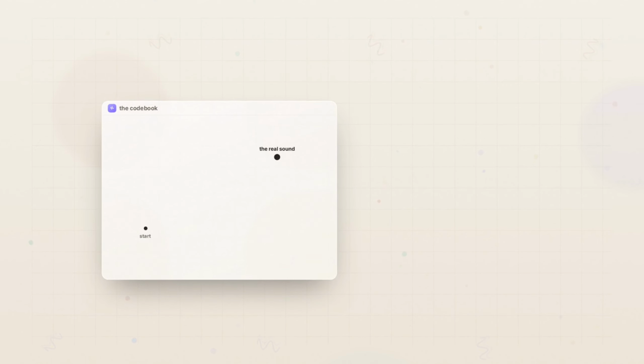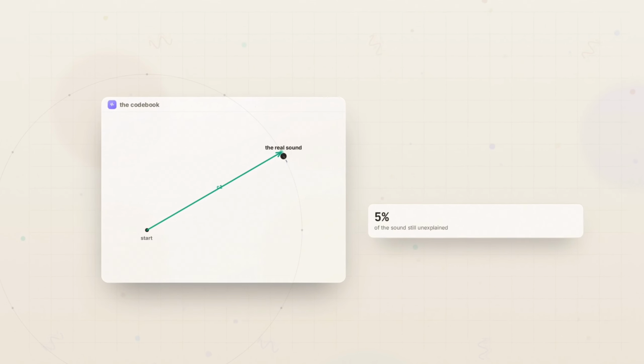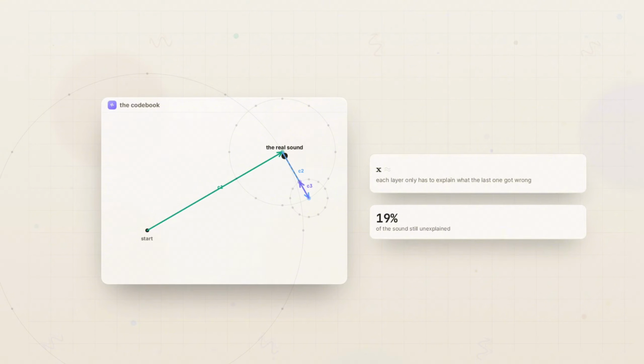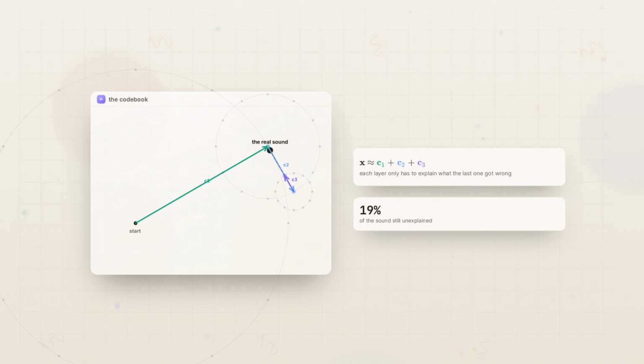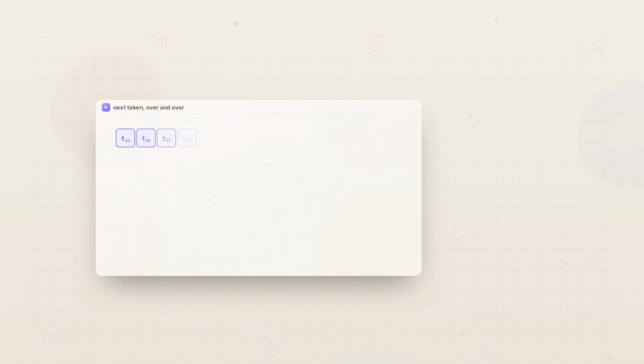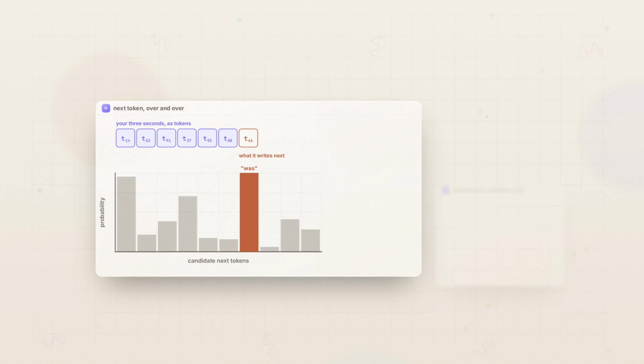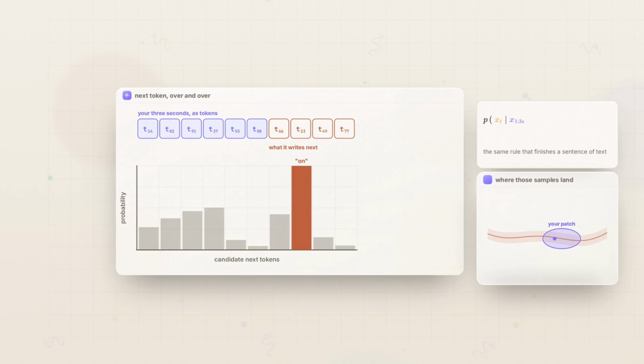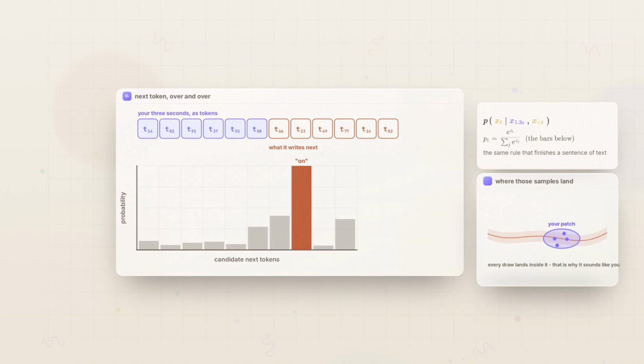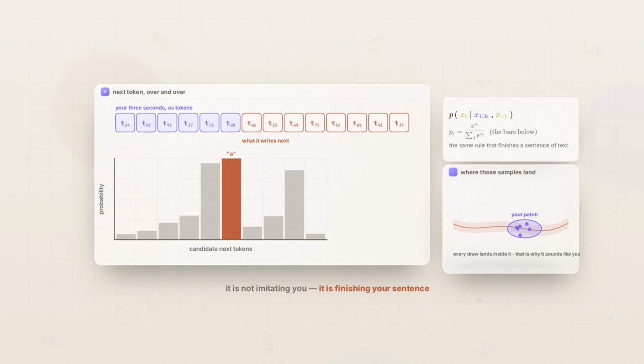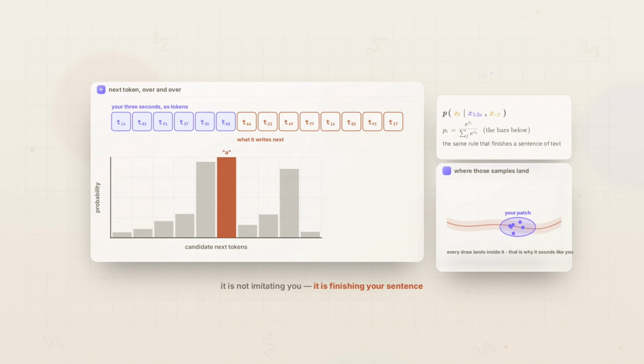Since about 2023, there's a new trick. Chop the audio into discrete chunks from a fixed codebook, snap to the nearest one, then describe what you missed. Then describe what you still missed, and after 3 passes, there's almost nothing left over, which turns audio into a language. So cloning becomes autocomplete. Paste 3 seconds at the front and let it run. Samples landing back inside your patch. It isn't imitating you, it's finishing your